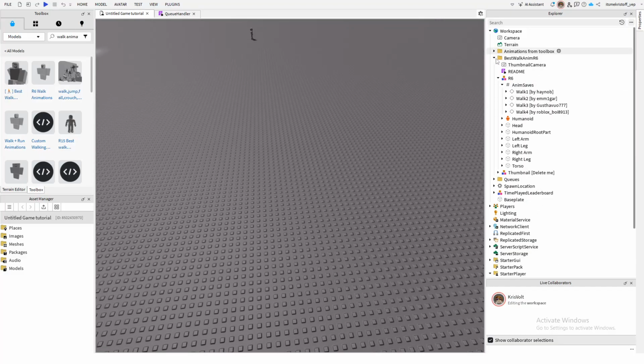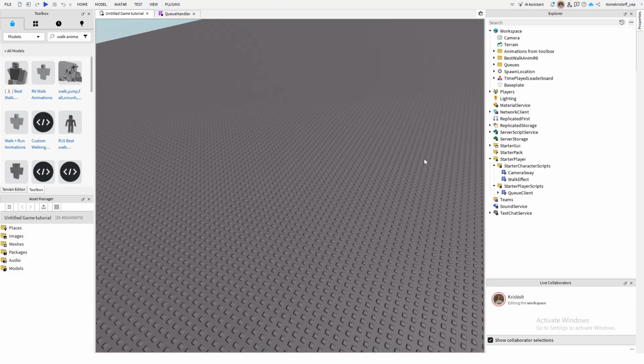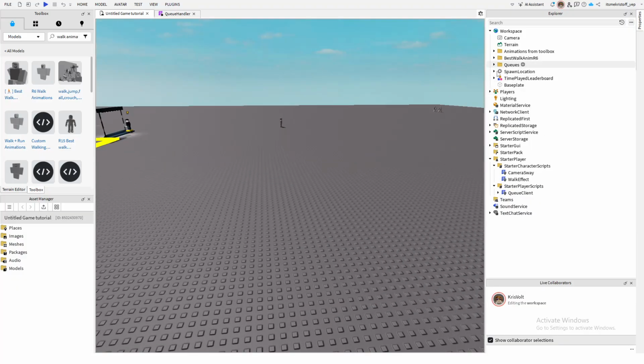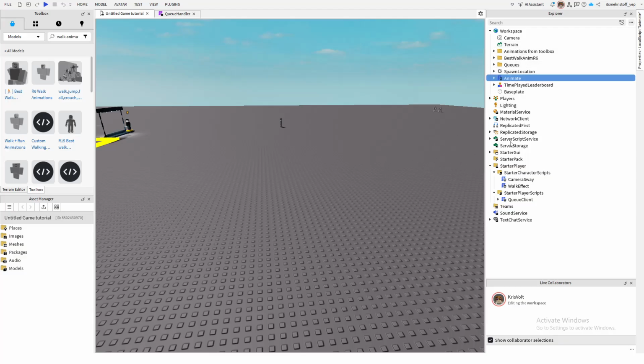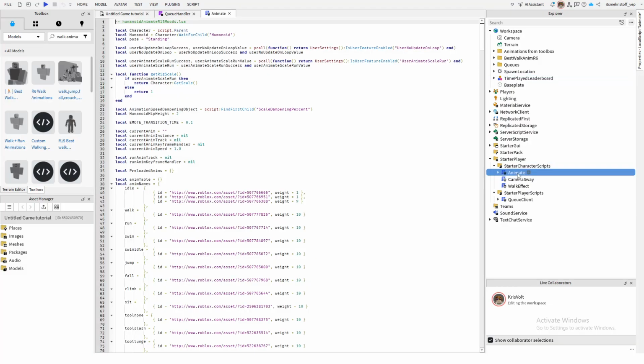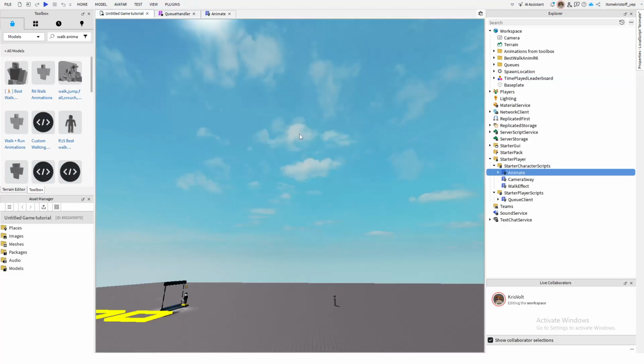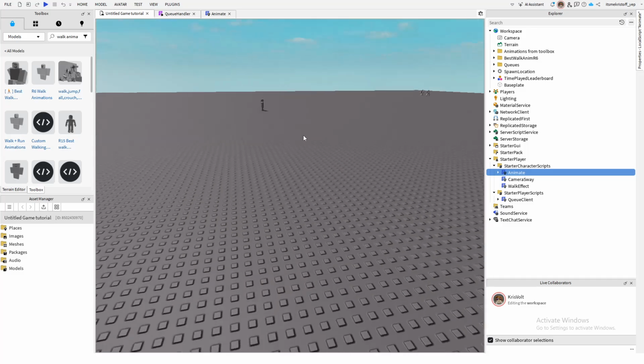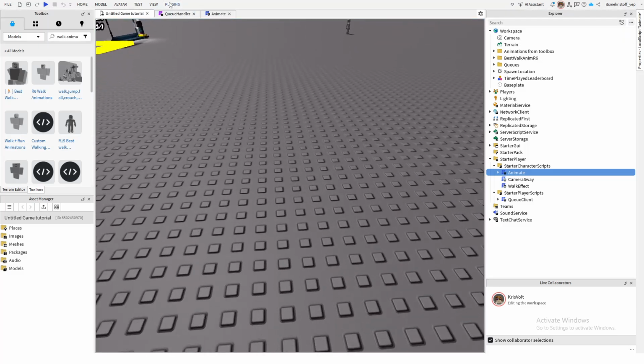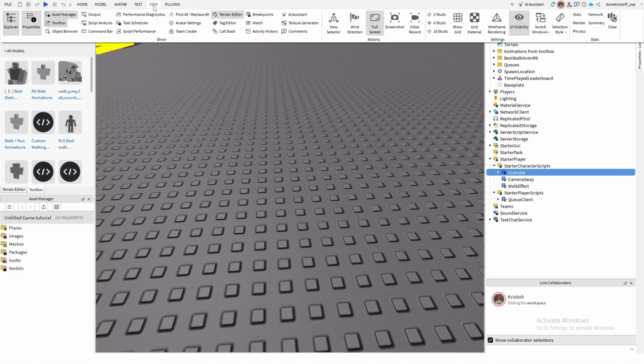then go and press Ctrl-V to paste it. Then put it on starter character scripts. I am going to use a, then put a